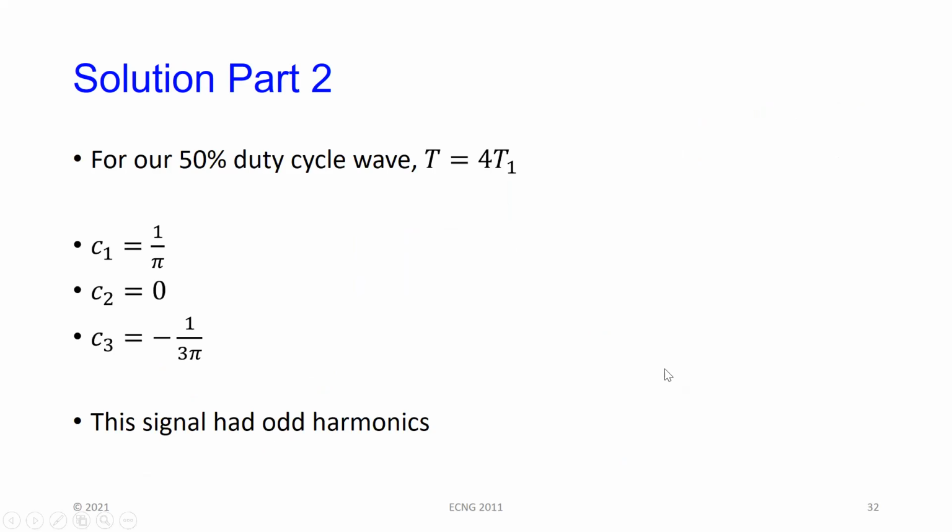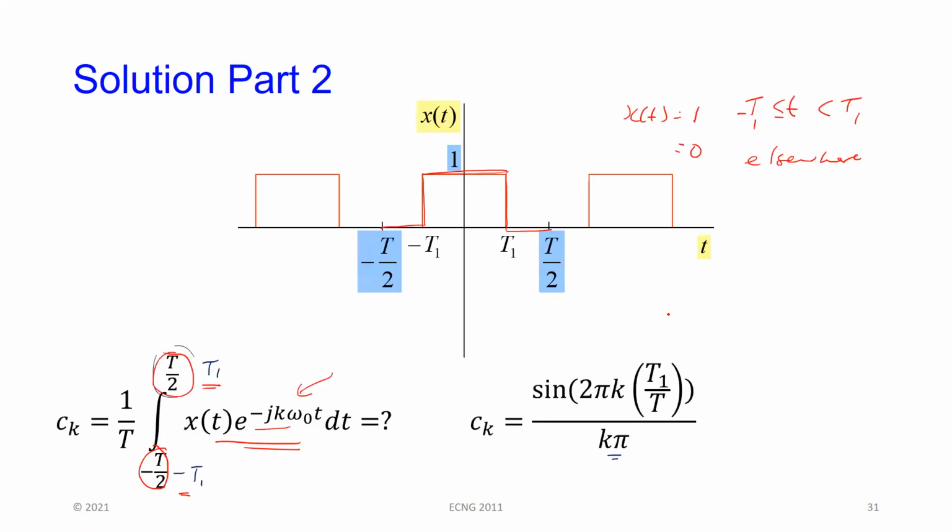If you substitute now for the 50% duty cycle, there's a relationship between T1 and T. Notice that is 2T1, right? So for the 50% duty cycle, 2T1 over T is equal to a half. Because our 50% duty cycle, 50% is a half. So in other words, T is equal to 4T1. So if I substitute T equal to 4T1 here,